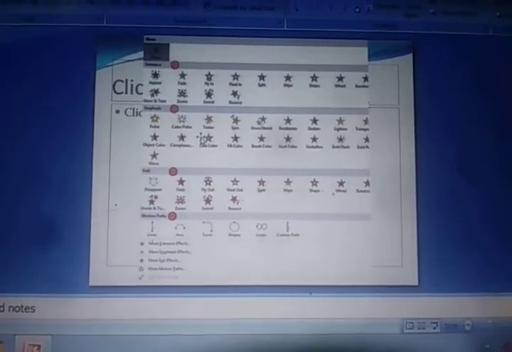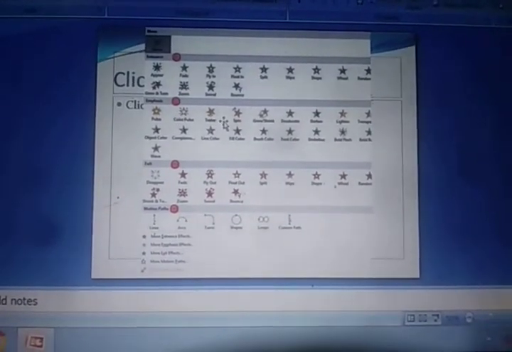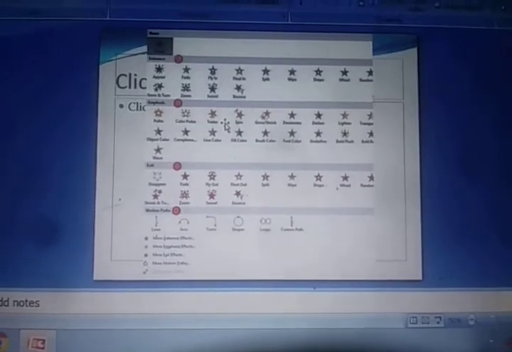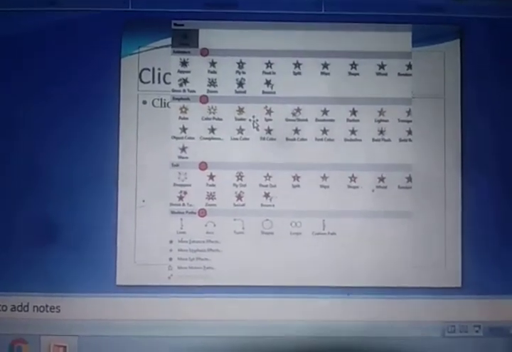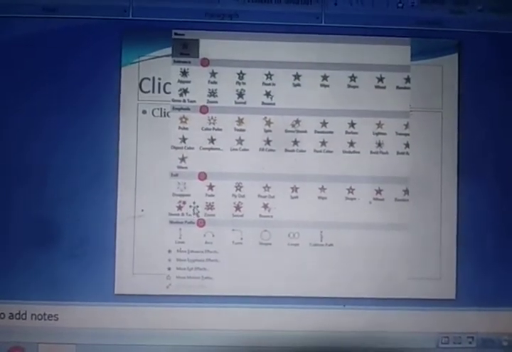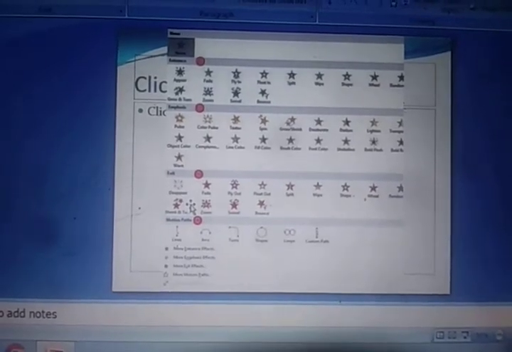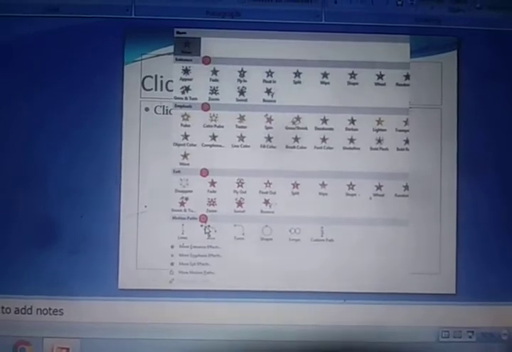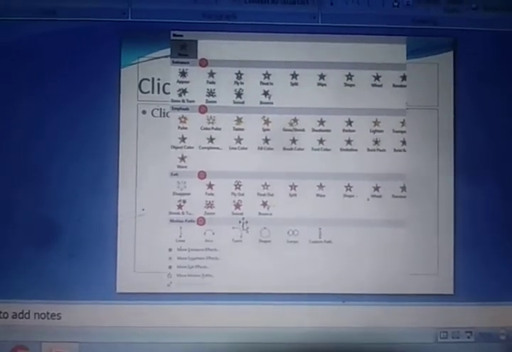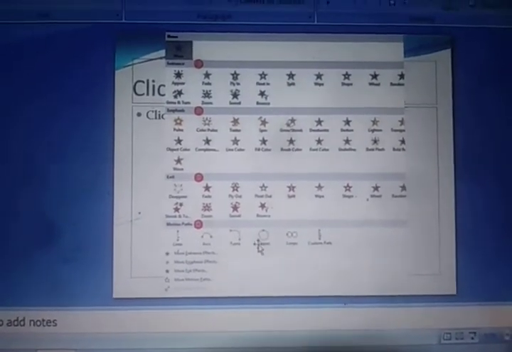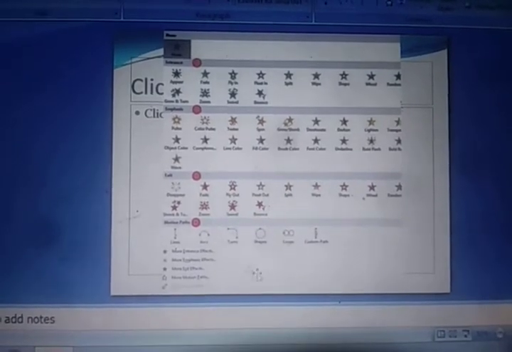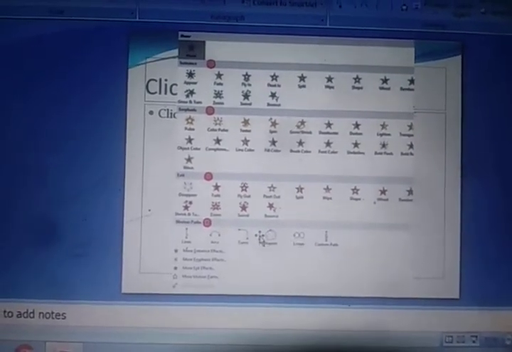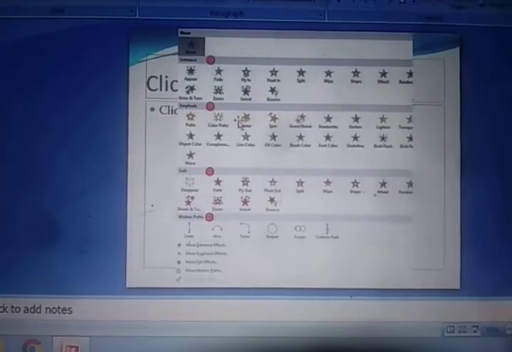Emphasis is used to keep the object on the slide. Exit is used to leave the object from the slide. And with the motion path, you can give any motion with the required shape to the object.